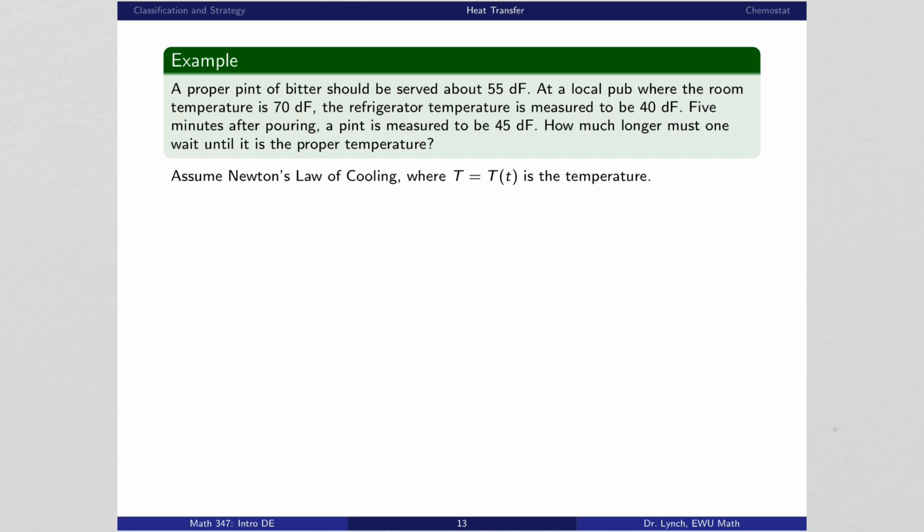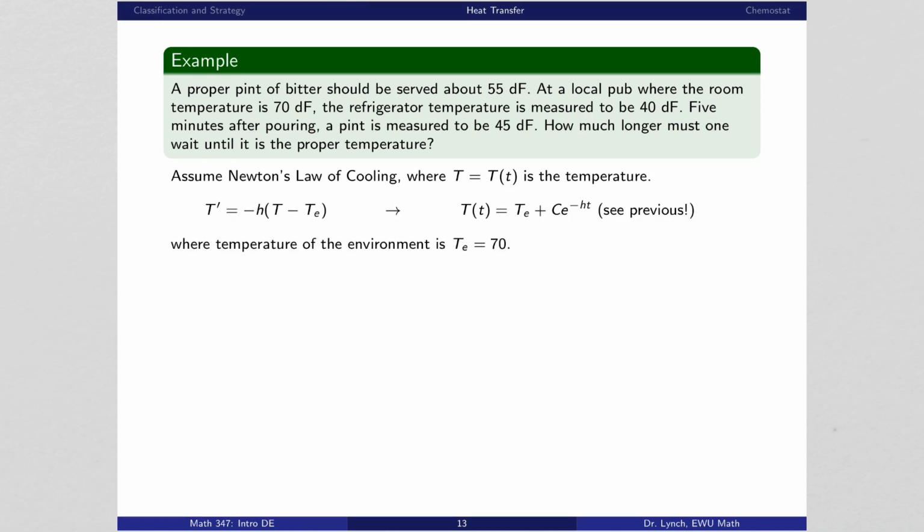So we assume Newton's law of cooling here, where capital T of t is the temperature of the pint of bitter. So we just saw that the solution, in the case of Newton's law of cooling, is capital T of little t equals T sub e plus a constant times e to the minus ht. The temperature of the environment, or the ambient temperature here, T sub e is given by 70. Now it turns out that this initial temperature gives us enough information to solve for the constant of integration capital C. So here T of 0 equals 40, so it had better be that 40 is equal to 70, the ambient temperature, plus a constant times e to the 0, so that tells us that the constant capital C is equal to